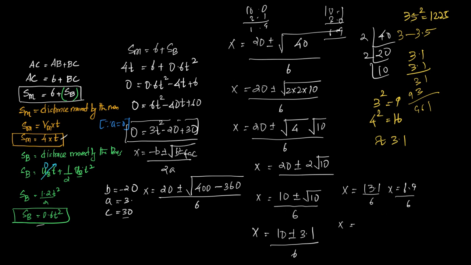This is not 6, right? Instead of 6, it should actually be 6 by 2 is 3. So it should be 3 here. Here also it is 3. So we have 3.1 by 3, which gives the value to be either